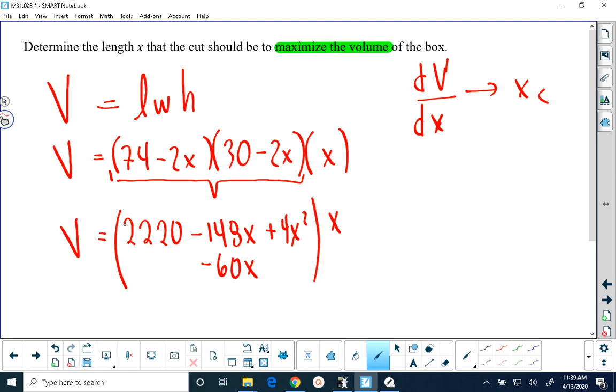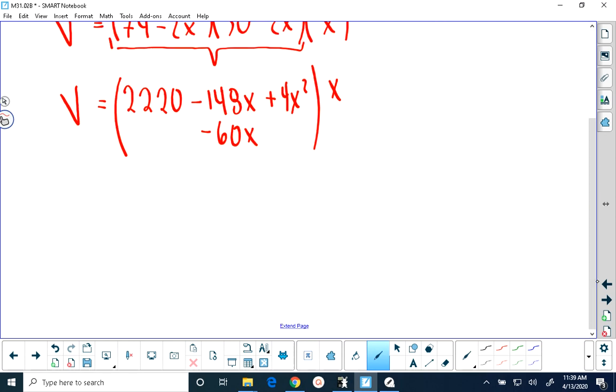I'll double check my numerical math here. 2 times 30 is 60. 2 times 74 is 148. Looks good. So volume will be equal to 4x cubed. I'm multiplying everything by x, and I'm also taking the liberty of writing it in descending order of degree. Then I have minus 208x for my outer and inner, but I'm multiplying by x, so that's minus 208x squared. And then I have plus